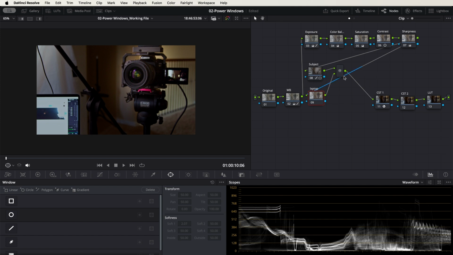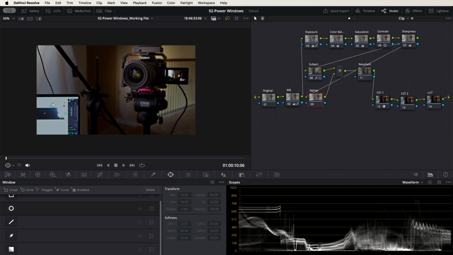Okay, I'm going to put a resultant over here just so we can make sure that's what I do. And I like to call it resultant. For me, it always serves as a placeholder before I get ready to start on my next node. But we've got a parallel node right here. Okay, we just did that with Option P, and we're going to put a node. My bad. We're going to put